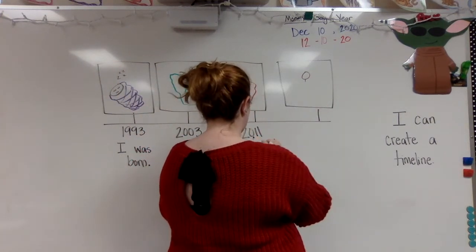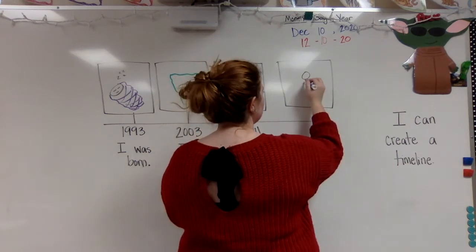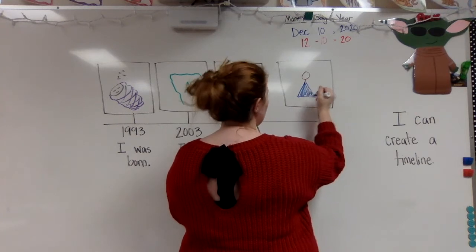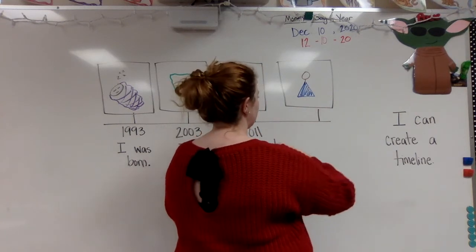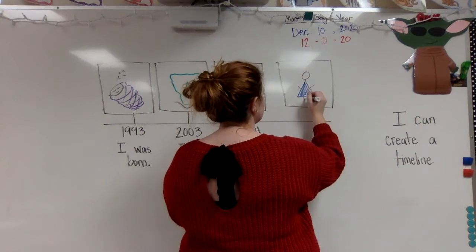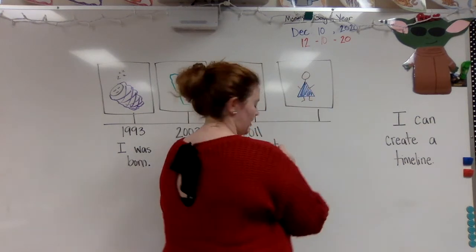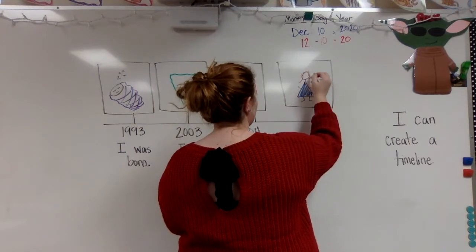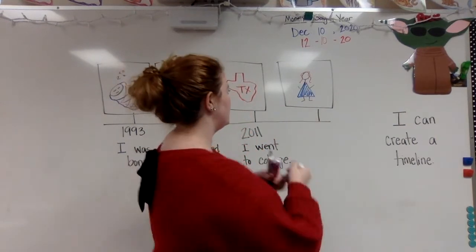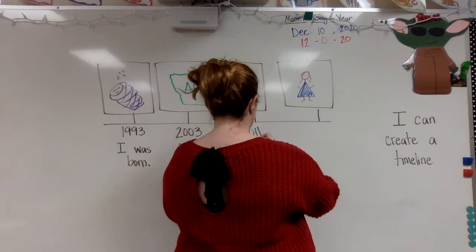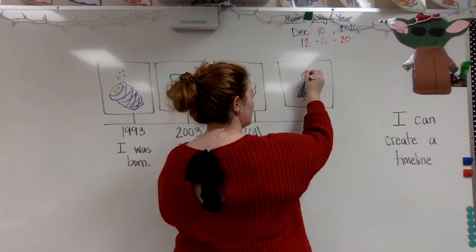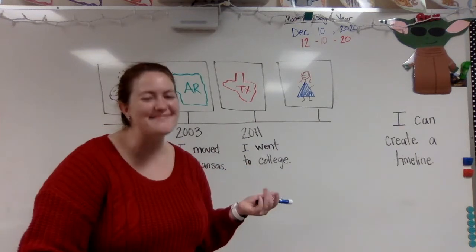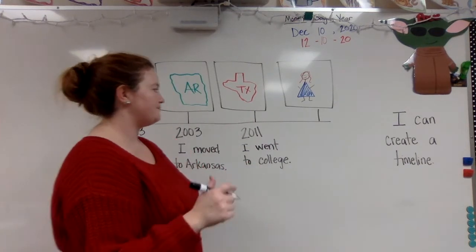Here's Miss Lime in, how about a blue dress? Now, Miss Lime is just drawing this really quickly. On your timeline, I want you to take your time and make it absolutely beautiful, okay? And we know Miss Lime kind of has reddish hair, so we'll just do red hair. And I'm smiling because I'm a teacher, of course. So there's my last picture. I know, I just did my best, and you guys are going to do so great.